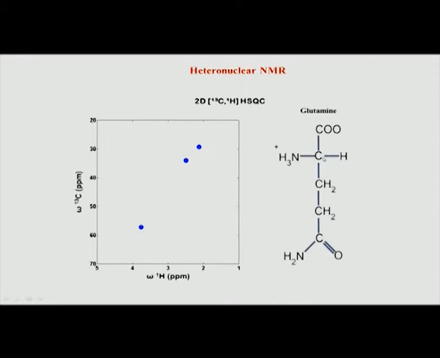The moment you have an asymmetry in your molecule, it need not be only geometrical symmetry, but even this asymmetry makes all the hydrogens inequivalent. Remember, we saw the chemical equivalence concept. The idea was that if there is a symmetry in the molecule, then there is a chance of chemical equivalence, but there is no symmetry here, it is a very asymmetric system because of this chiral center. Therefore, these two hydrogens are actually not equivalent chemically and these are also chemically not equivalent.